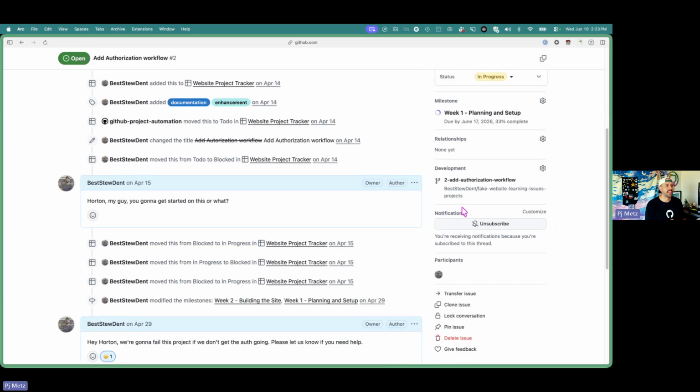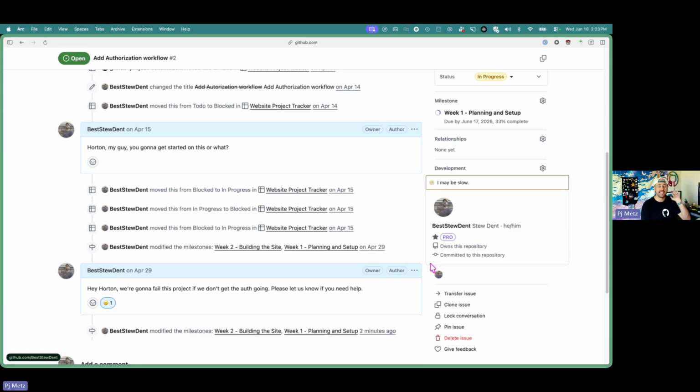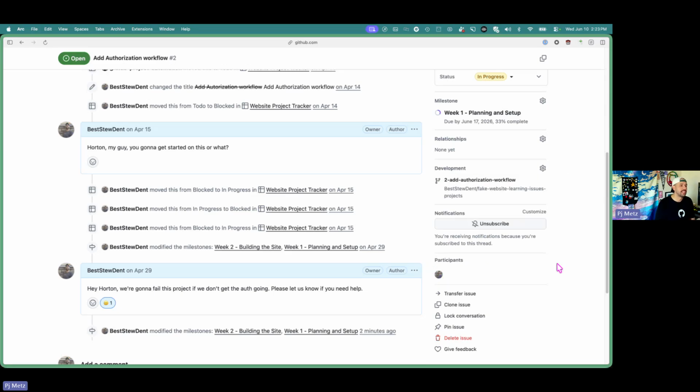And then if you want notifications on or off, you'll get notification emails if you are subscribed. And if you're unsubscribed, you won't get any notifications. If you want to know what's going on inside of this issue, you want to be subscribed to it and you want to be getting the notifications. And then, of course, participants, everyone in here who has done anything inside that issue is considered a participant.